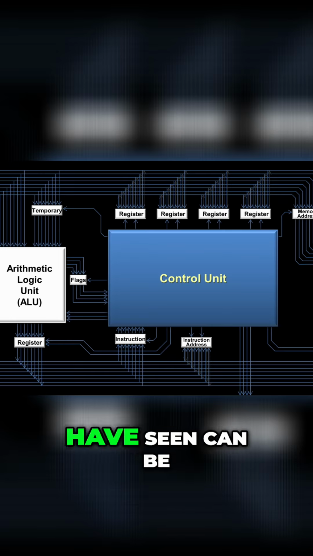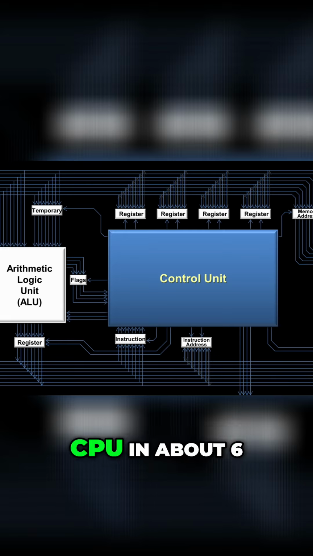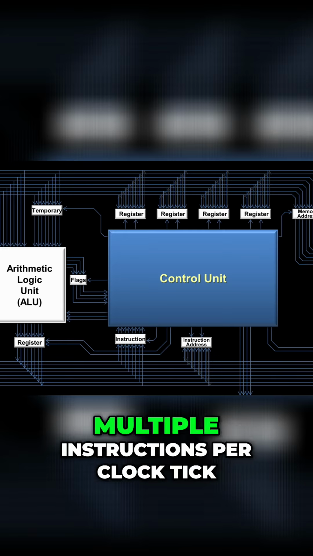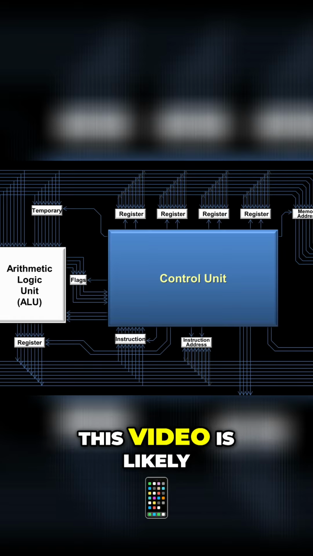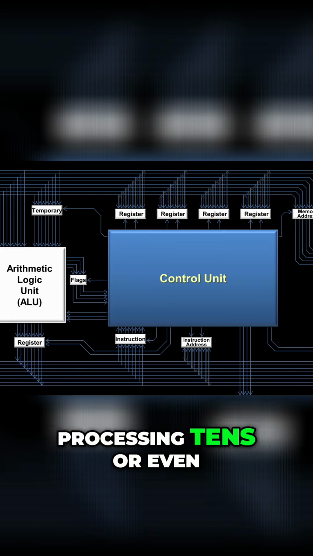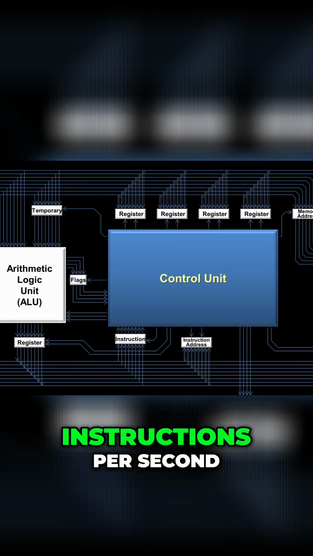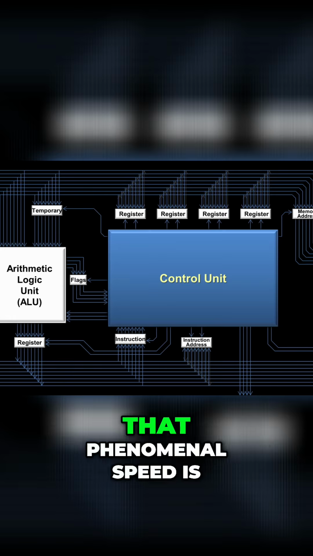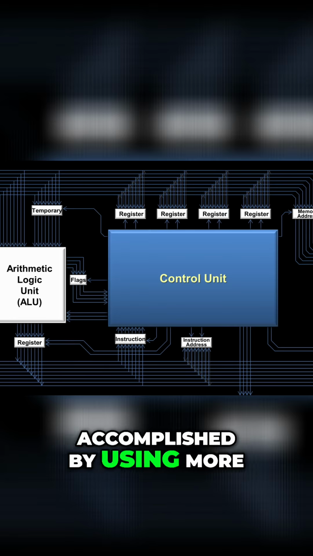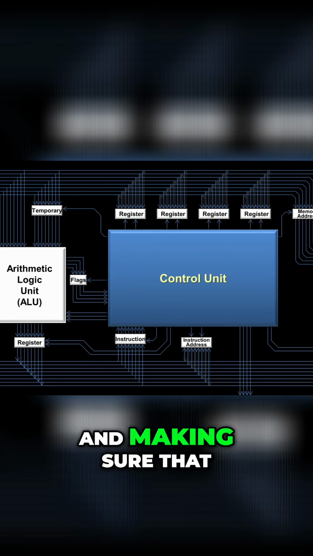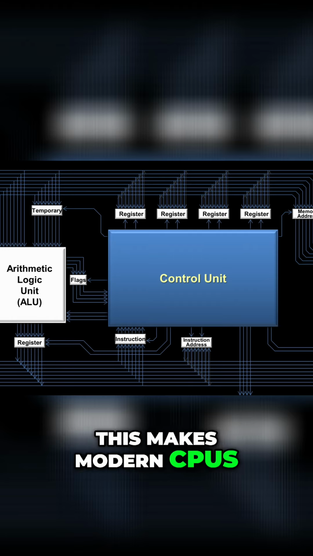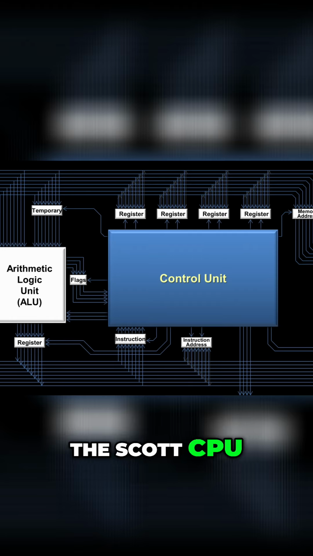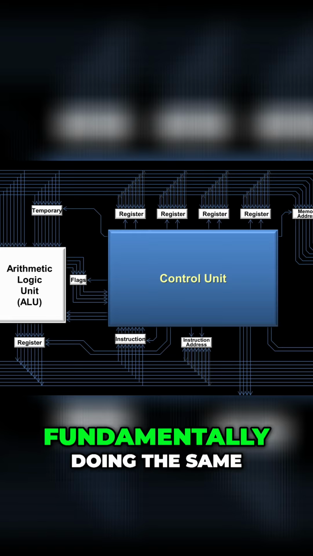Each instruction that we have seen can be processed by the Scott CPU in about 6 clock ticks. Modern CPUs can process multiple instructions per clock tick, meaning that the computer you're using to watch this video is likely processing tens or even hundreds of billions of instructions per second. That phenomenal speed is accomplished by using more than one of each component and making sure that all the components are active as much as possible. This makes modern CPUs much more complicated than the Scott CPU, but they are still fundamentally doing the same things